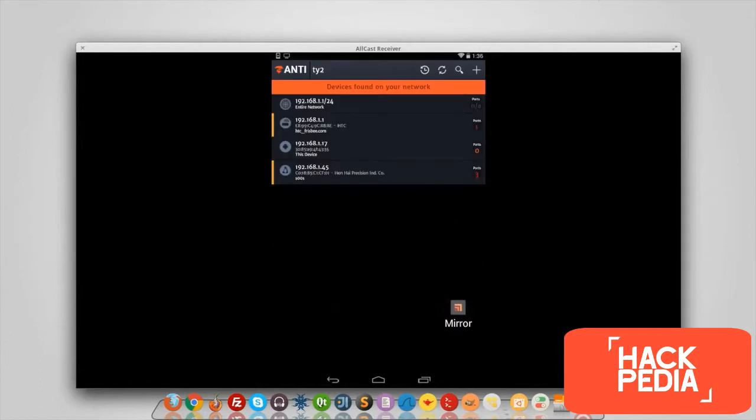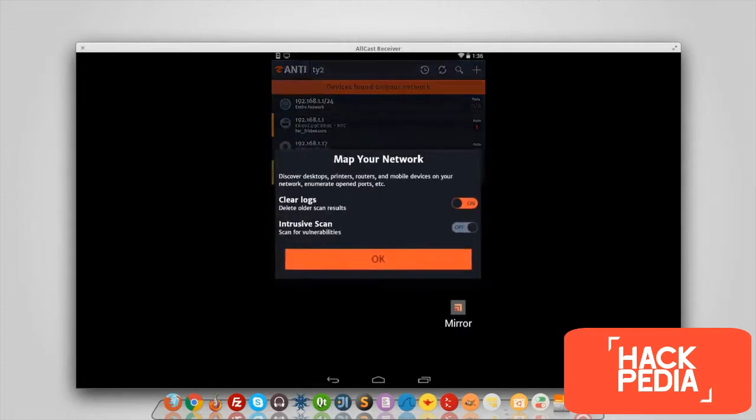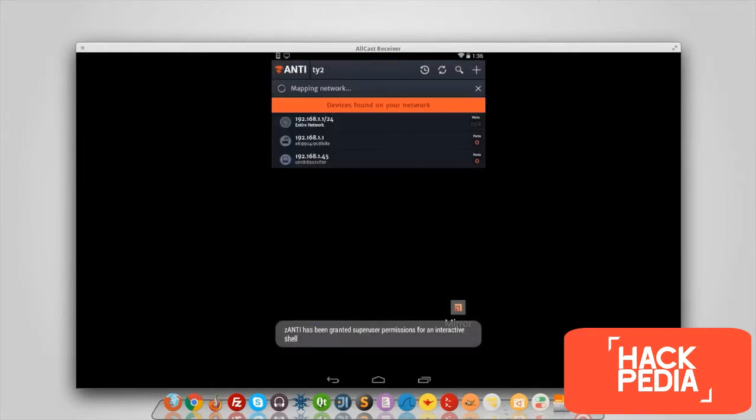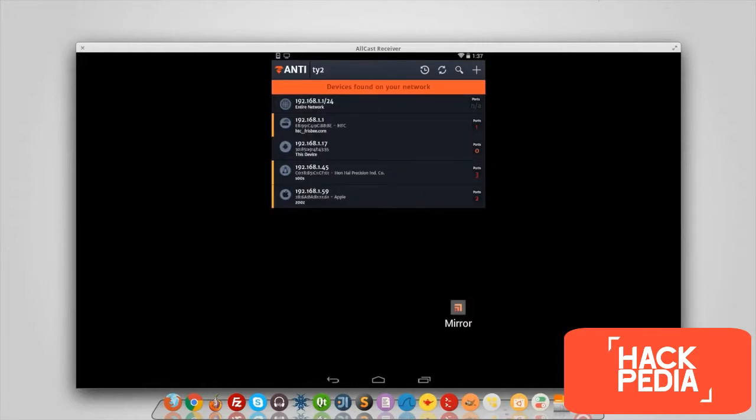And I've already run this app, so as you can see it discovered devices. So I'm just gonna tap on the refresh sign there, and I'm not gonna use the intrusive scan which looks for vulnerabilities. I'm just gonna leave it the way it is, and I'm gonna tap OK. And as you can see, it's saying that it's mapping the network. It's trying to discover the connected devices. Okay, so now as you can see it stopped mapping the devices,